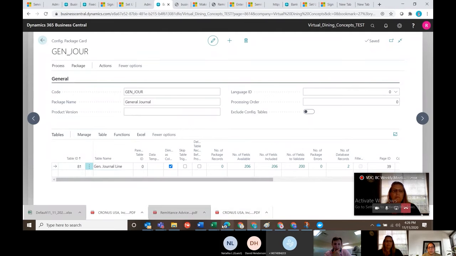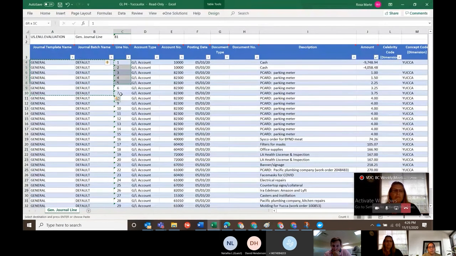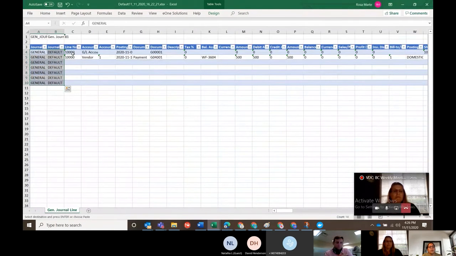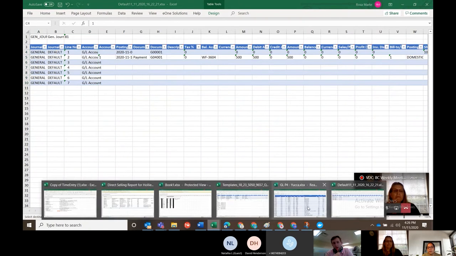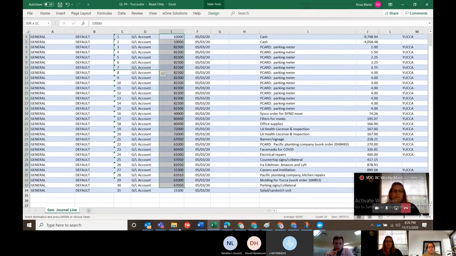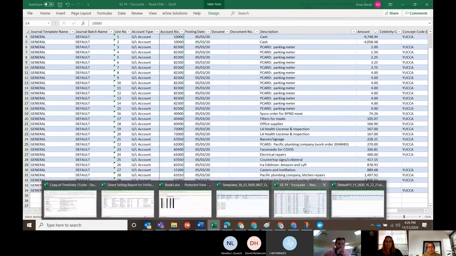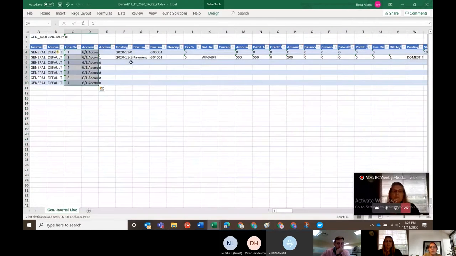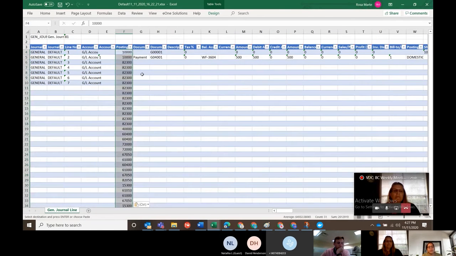Again, I'll take your numbers, and GL account is also something that is the same thing. And then Excel, that's your account number, and this I have to take all the way to the bottom because that's where we have the information. So I have to do this only once because we are redoing the template. If you had it in the same order, we didn't really need to do this again. So now that I have all this information in,